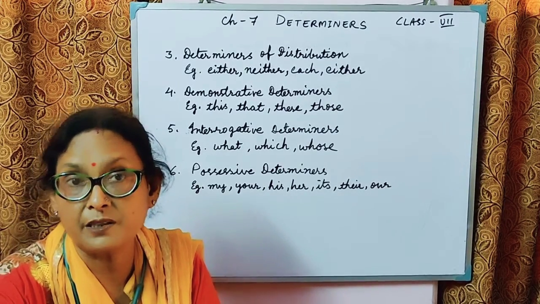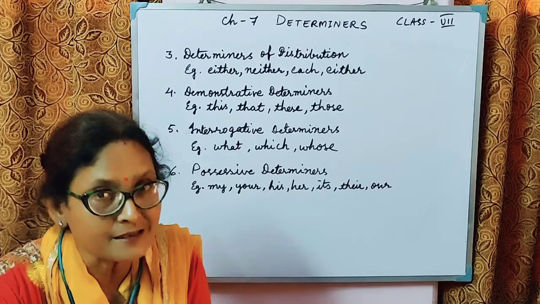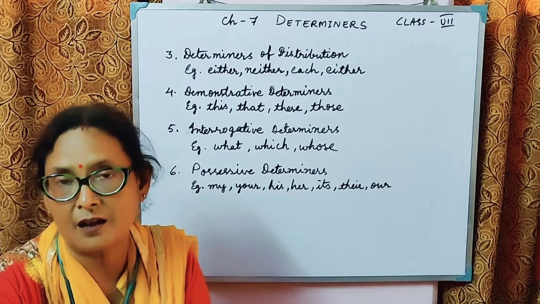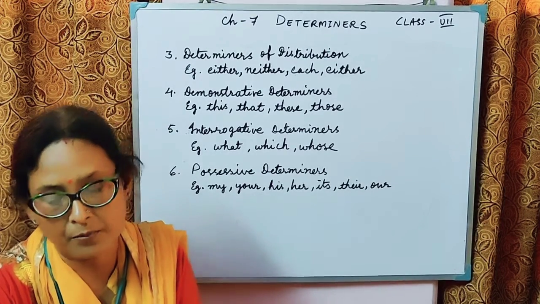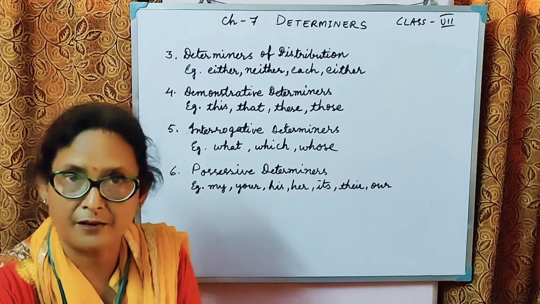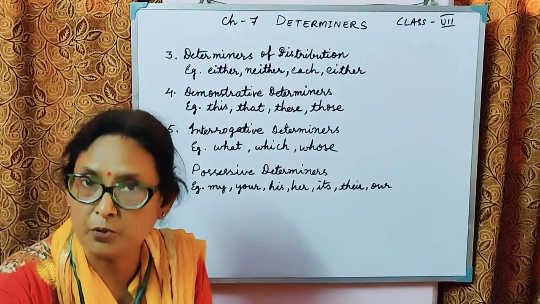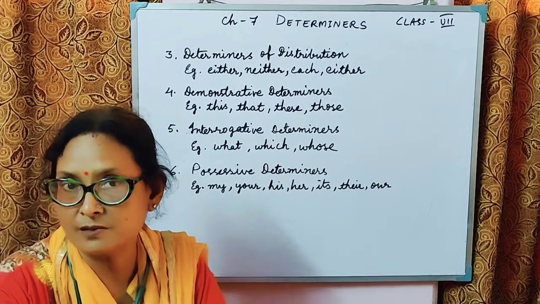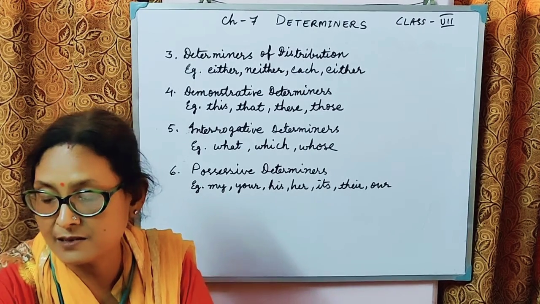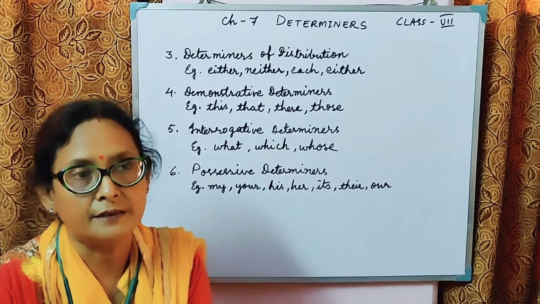Then coming on to the last one, that is possessive determiners. Showing possession or belongingness is called possessive determiners. The words used here, some are singular, some are plural, like my, your, his, her is singular, its we use for neuter objects, and their and our are used in the plural. So these are the words used to show possession. Examples: those are our plants. Is she your sister? This is all about the possessive determiners.